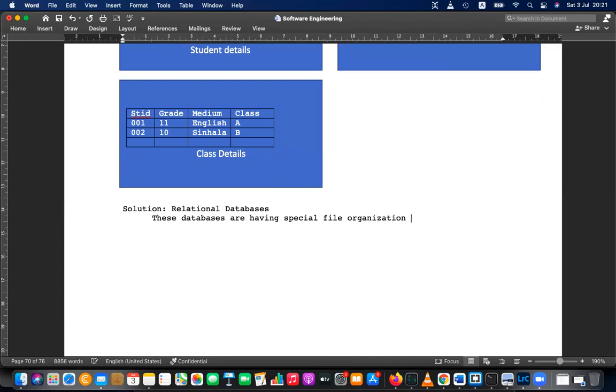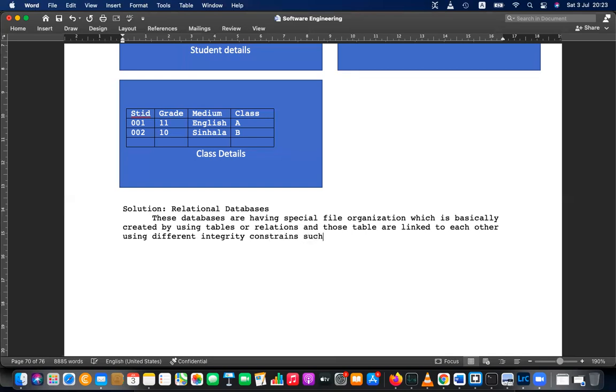These databases are having special file organization, which is basically created by using tables or relations, and those tables are linked to each other using different integrity constraints, such as primary key, foreign key, primary keys and foreign keys.